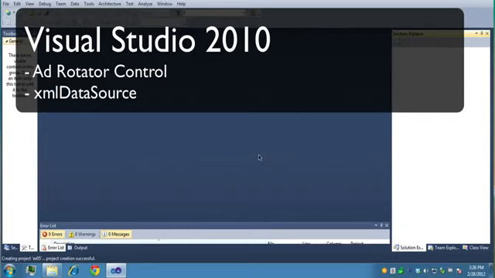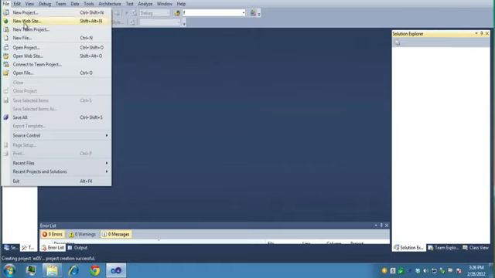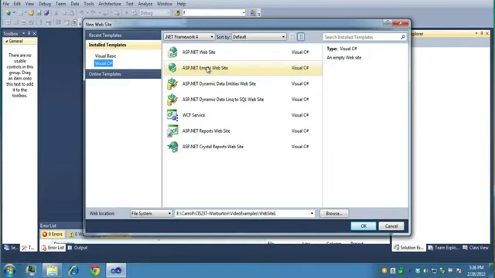In this video clip, we're going to use Visual Studio 2010 and use the Ad-Rotator control to create some banner ads to randomly display banner ads on our website. So let's create a new website, and I want to make sure it's C#. I'm using version 4 of the framework, an empty website, and I'll already get my path selected here, but if